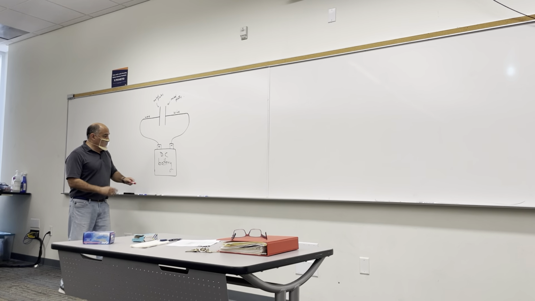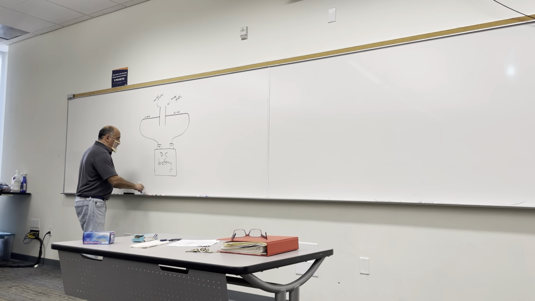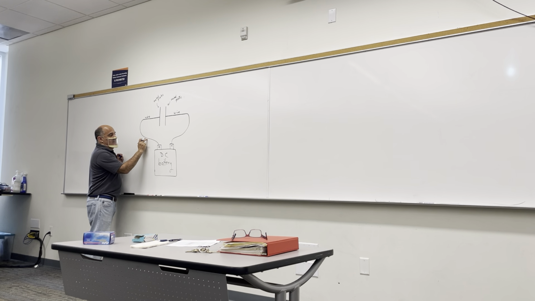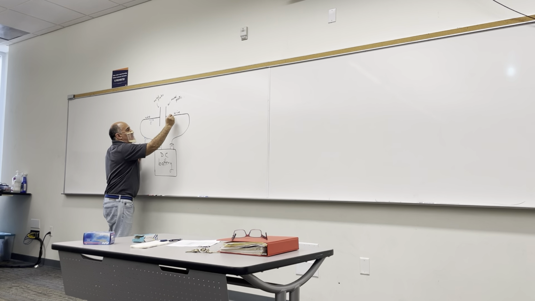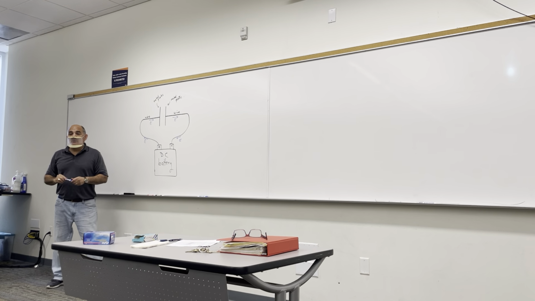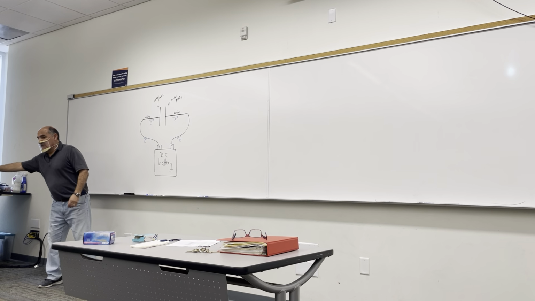Okay? What will be the direction of the electric field over here in this piece of wire? Which way? Okay, so this way, right? Yes. What about the electric field on this piece of the wire? Right, correct. What about on this piece of wire? To the right. What about over here? Towards the negative one, right? Because it goes from positive to negative,